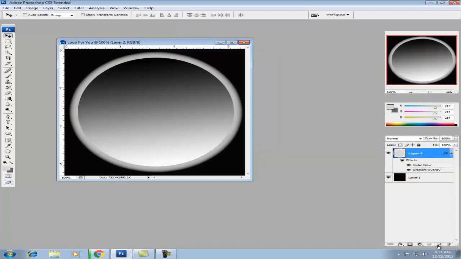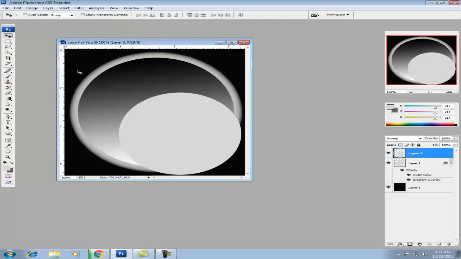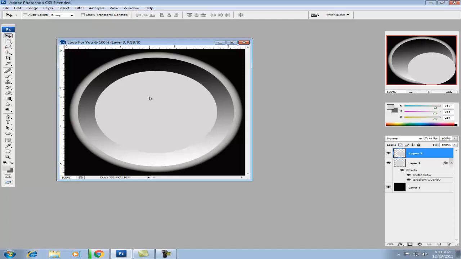Okay. You're gonna need to make another new layer for another small circle. Okay, small circle. I guess it's too small. Wait. I guess it's okay. So then this will be the one we should edit more, because this will be the background of your text.